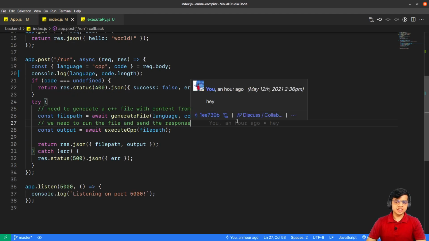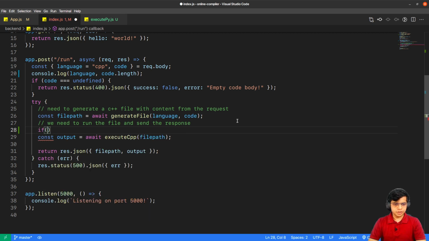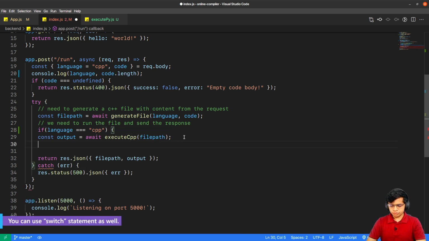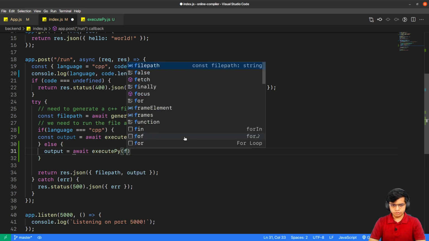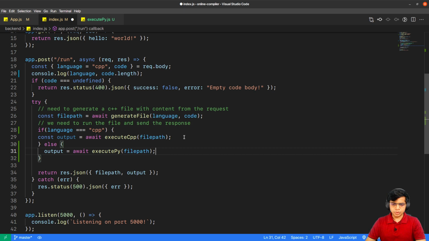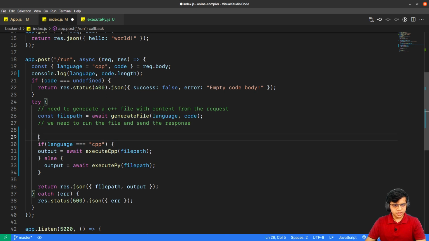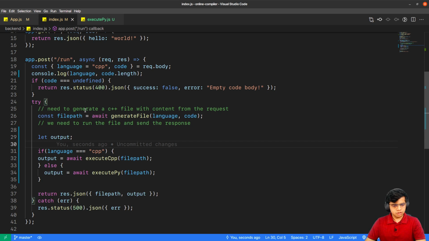Now we'll add a condition over here, a simple if statement: if the language is cpp, we use the execute cpp function. Otherwise, we use the execute py function. That's it, as simple as that. I'll remove this const output. Now since these have gone into separate blocks, I'll have to bring the output variable outside.